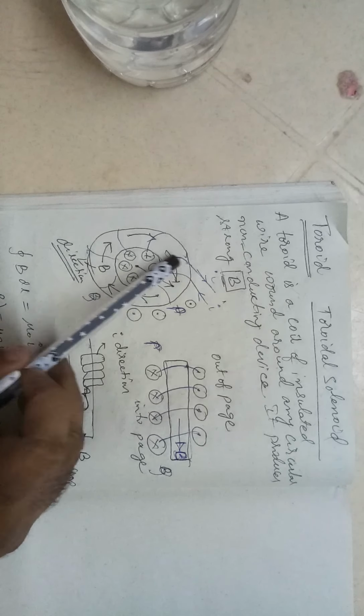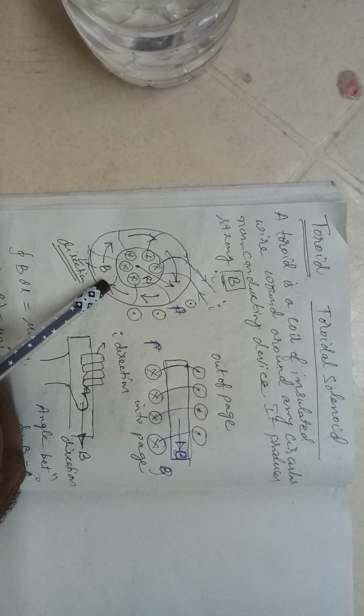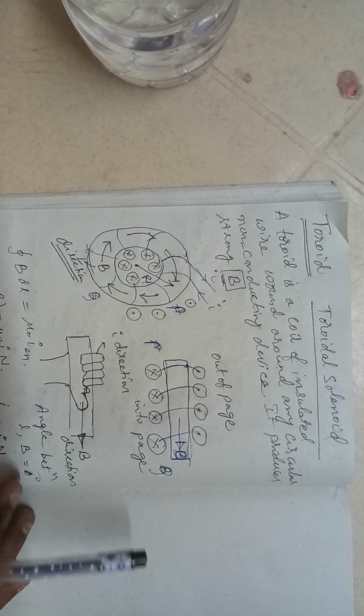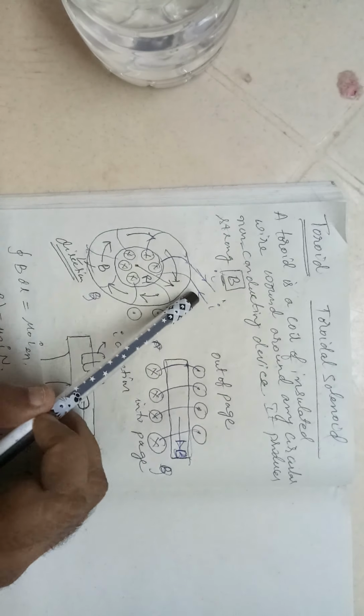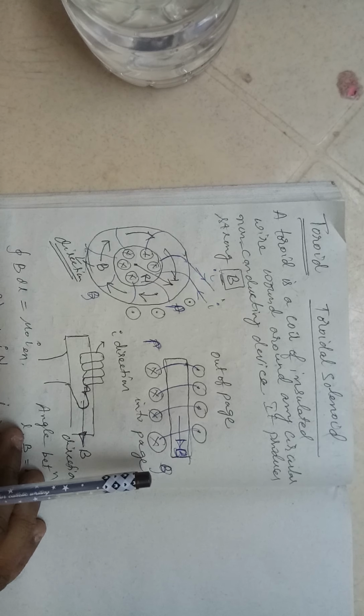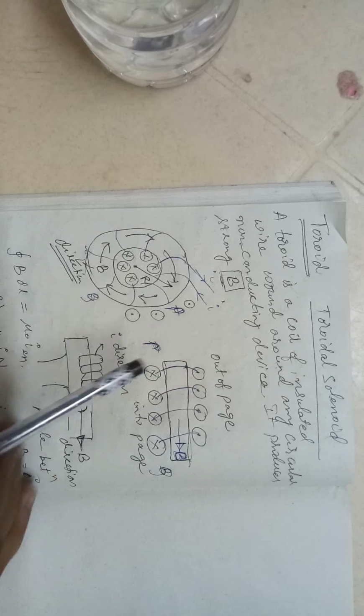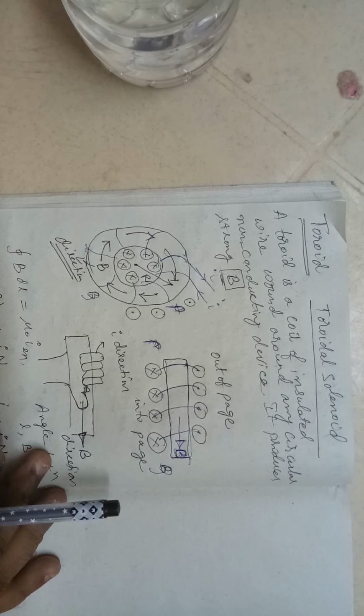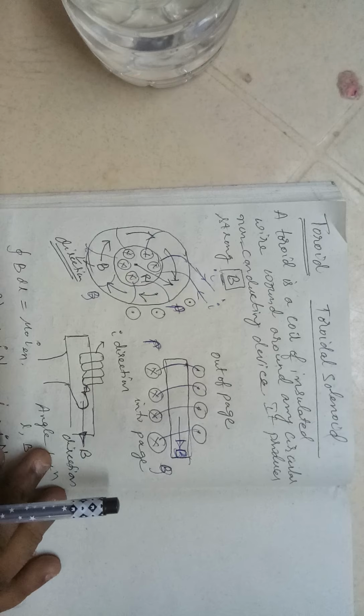Okay, these blue lines are the wires. You have taken a coil and each turn is called a loop. Okay, and you pass a current through these wires. The wires are insulated and this device now will produce strong magnetic fields. So let us first understand what is the direction of magnetic field inside a toroid.